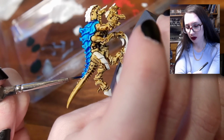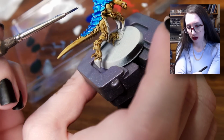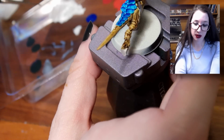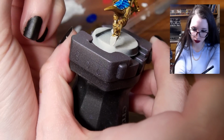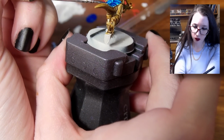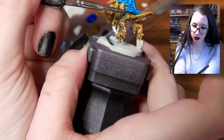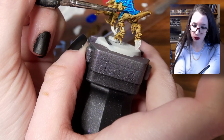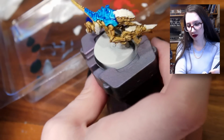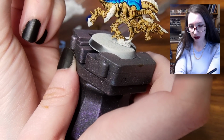I got Wraithbone on hand for if I make a mistake and have to put Wraithbone down and redo it, wherever that mistake happens to be. Wraithbone is very nice for covering up mistakes with one or two coats. Probably more for this particular Tallasar blue because it is so darn vibrant. But for a lot of the contrast paints,